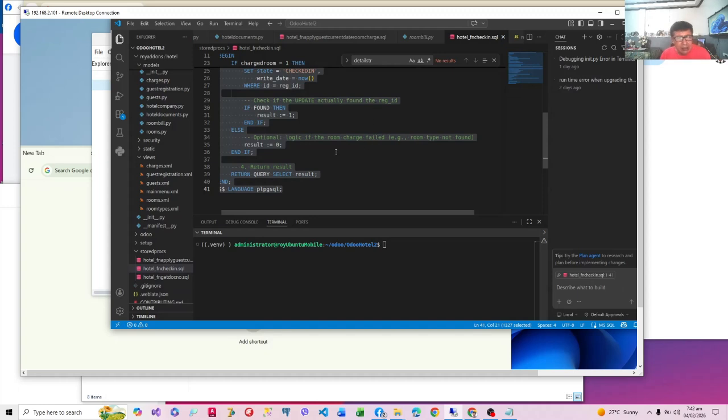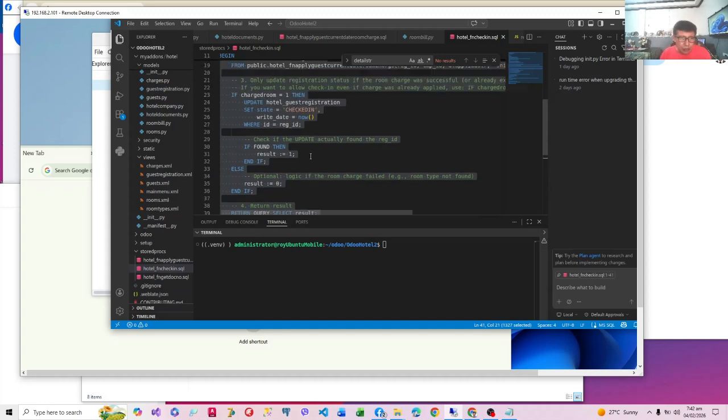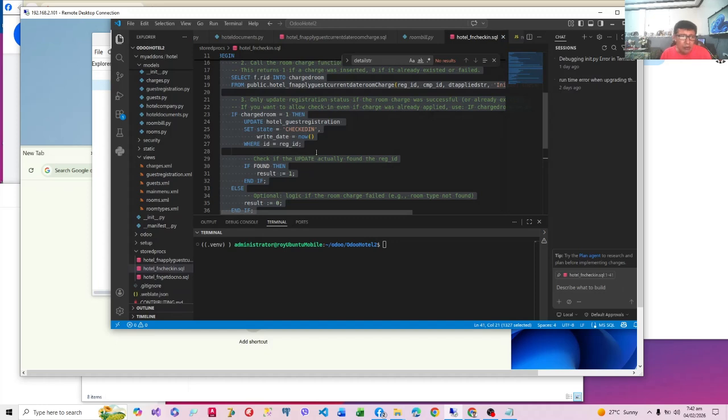Okay, so if you're going to do it in Odoo, Odoo will do the heavy work, and it will have a lot of tasks to do. Aside from the logic itself, it also updates the user interface, so it's not advisable to do it that way. So if you want to be a developer, in Odoo or in Python in general, you always have to know also how to write PostgreSQL functions. I will have a different series on PostgreSQL and how to write functions.